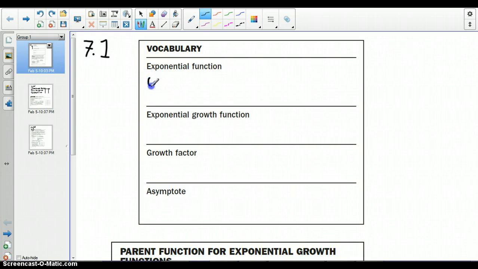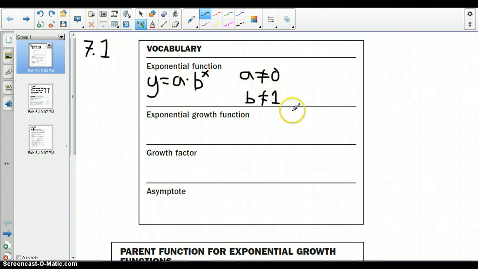An exponential function is any function that takes on the form y equals a multiplied by b to the exponent x, where a cannot be 0, and b cannot be 1. So yesterday we talked briefly as to why a cannot be 0 and b cannot be 1, so I'm going